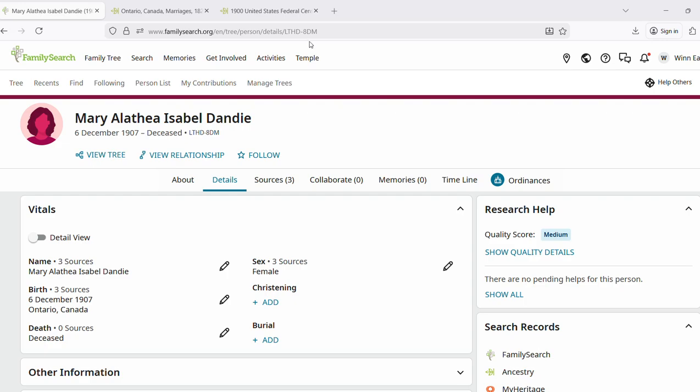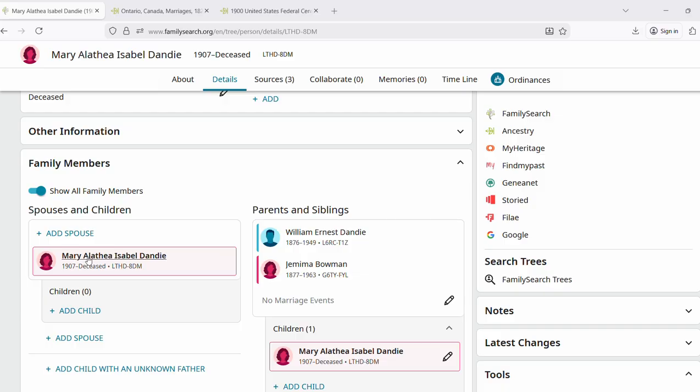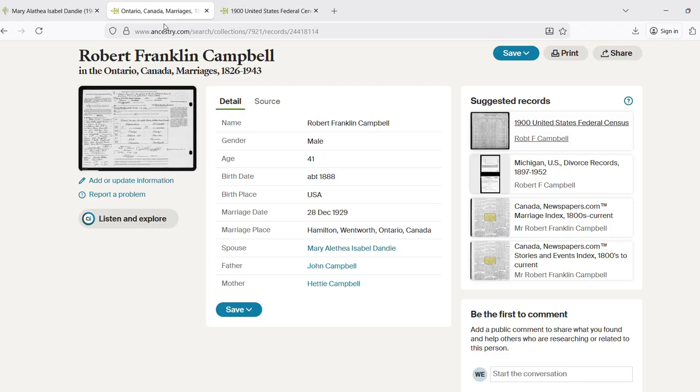My internet is being really slow today, so I've already got some tabs preloaded here. I found a husband for Mary Alethea Isabel Dandy. We have used her in a previous video. Here is the marriage record